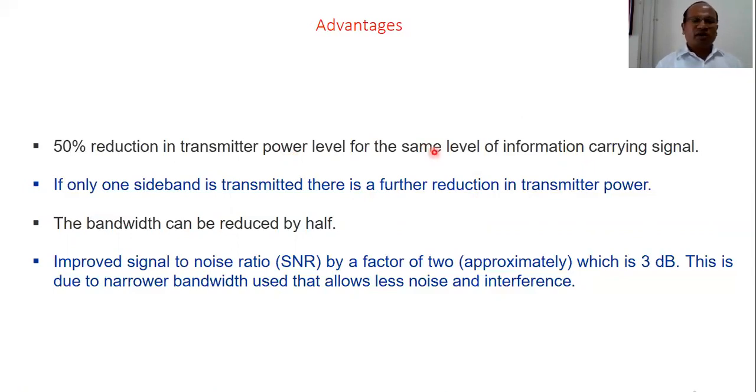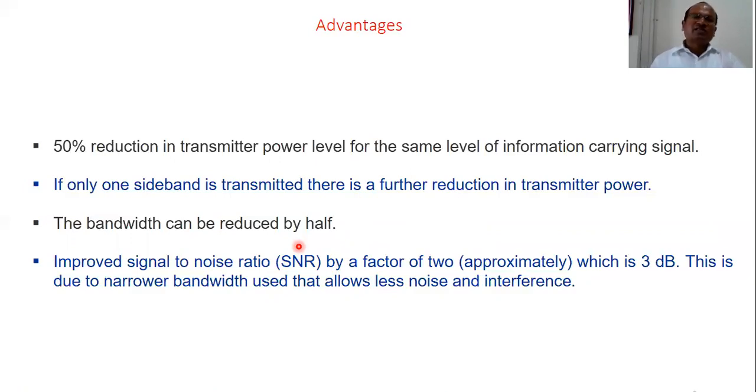All right, as we have already explained, the bandwidth can be reduced by half. Bandwidth is reduced by half because the bandwidth occupied in an AM signal is calculated by combining the bandwidth of the upper sideband and the bandwidth of the lower sideband. Since we are communicating only one sideband, there will be bandwidth saving. And how much saving will there be? Half of the bandwidth will be saved. So the requirement of bandwidth will become half.